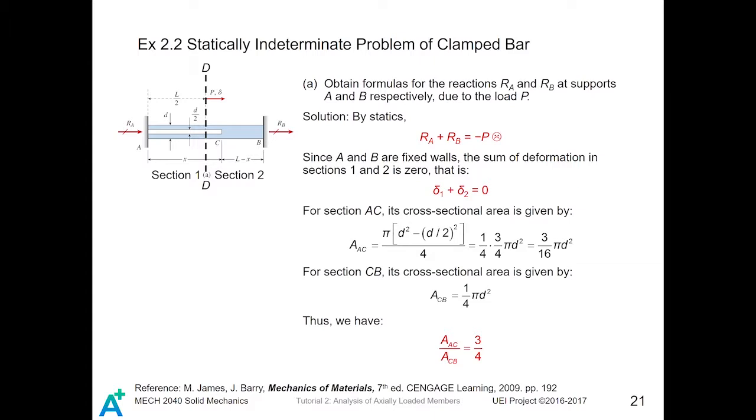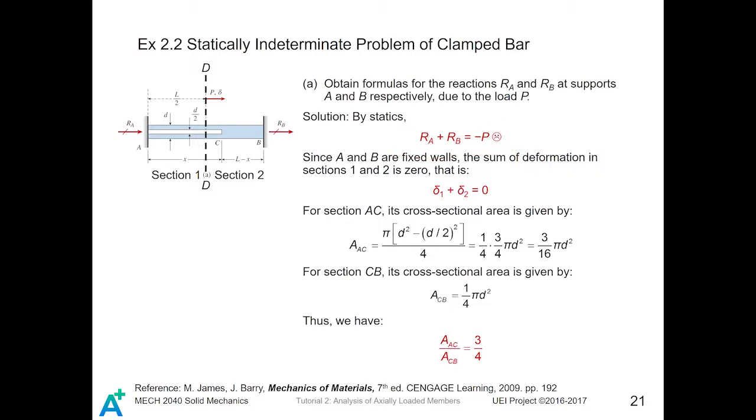Well, from what you have learned in Mechanics 2020 statics, the only formula you can get is RA plus RB equals minus P, but it makes no sense because you don't know how to find RA and RB by any other things. However, in this course, we are going to introduce you to some other equations such that you can find those two